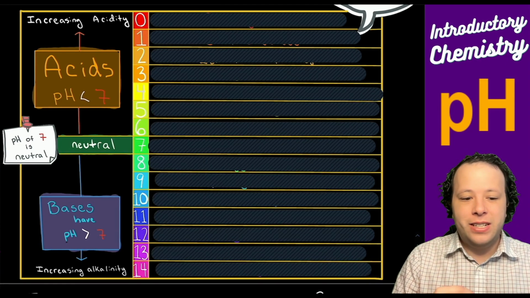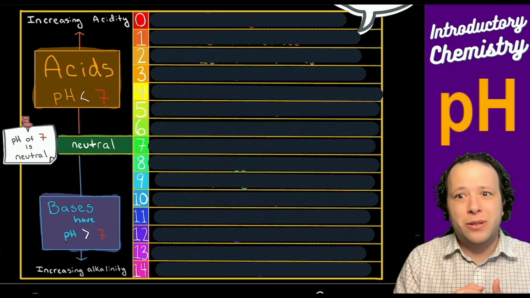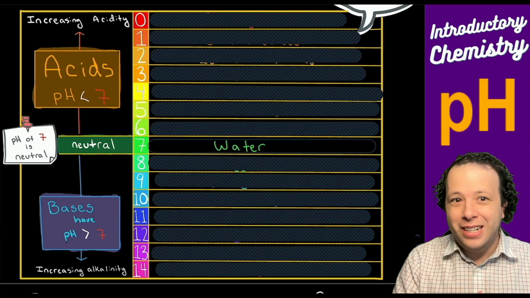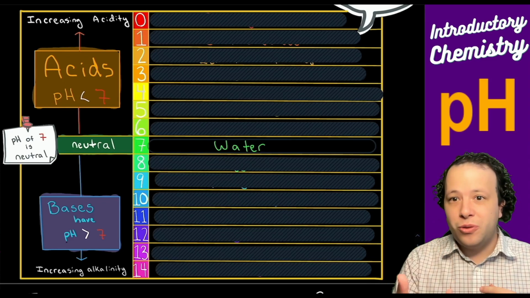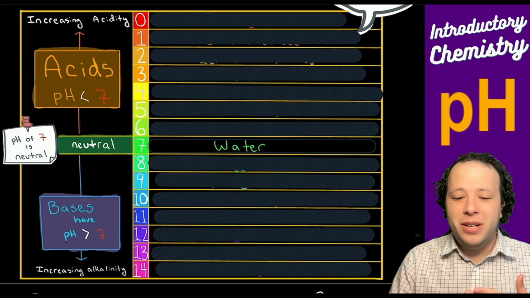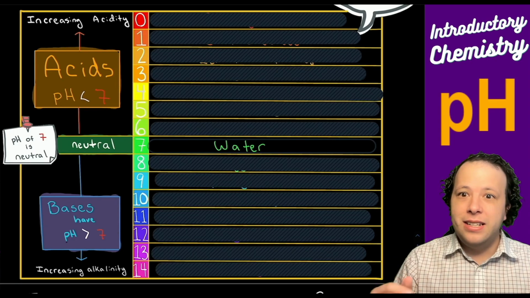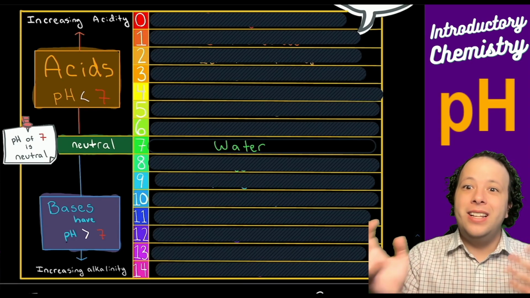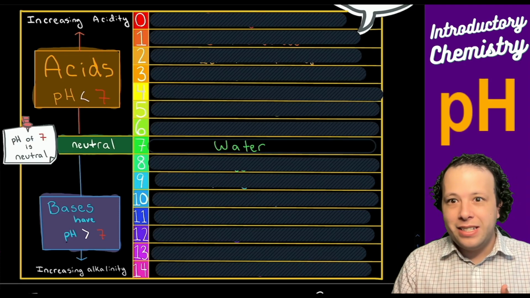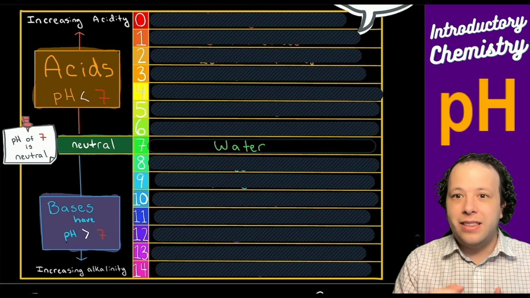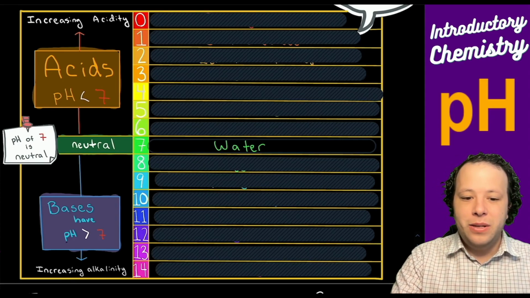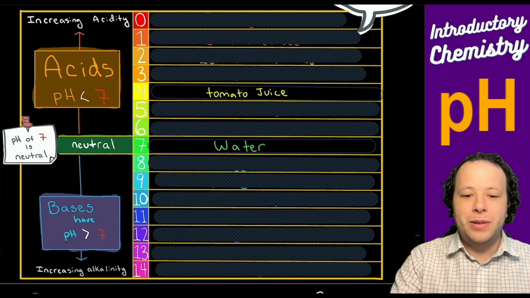So a pH of 7 is usually where we all want to start. That is where we have water. That is just a normal pH of 7, meaning this is neutral. So you can drink drinking water and it is generally safe for you to do. Now, as you go into the more acidic side, that is when the pH is going less than 7. So the lower that number, the more acidic something is, meaning the higher that hydrogen ion concentration is within a solution.